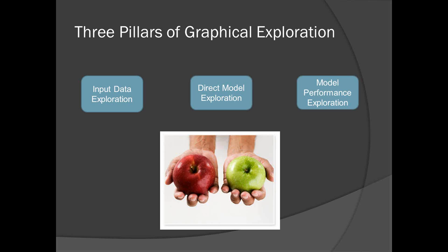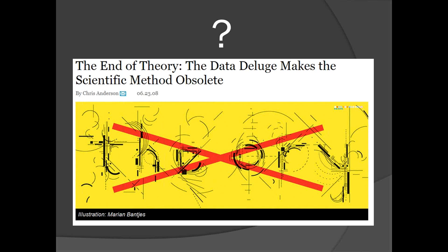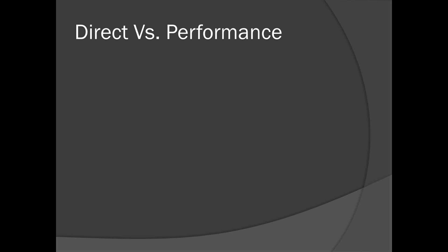There was an article published in Wired some time ago, The End of Theory, and they suggested that today we don't really need to understand the model, right? They used the example of Google: you can throw large computational power against the problem and then have it make predictions. Who cares what goes into the model? And there's some truth to that. In some problems, I tend to think that there is some value in actually understanding what the model is doing and why it's doing it.